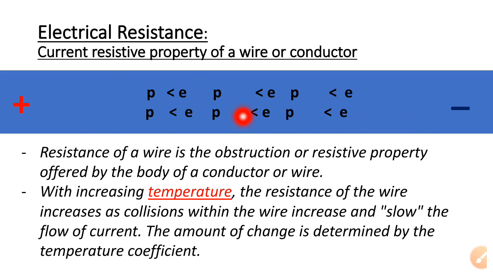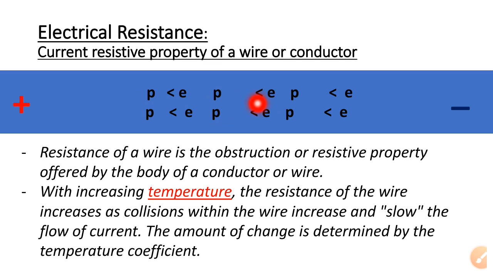Now the P letters are also given there. Those P letters refer to the position of protons. The protons are fixed in the conductor, they are not moved anywhere, but the protons are stable and they are resisting the flow of electrons toward this, like that. Okay, so you can easily understand that when the proton is present here, the proton has positive charge.